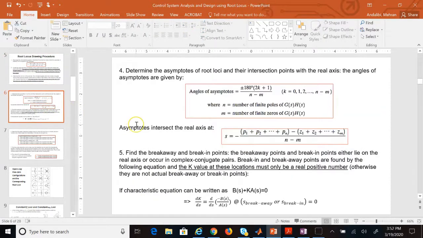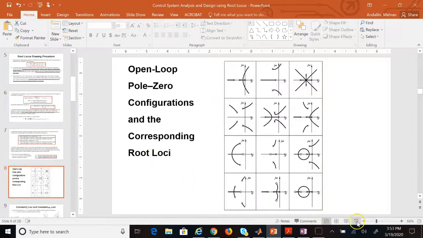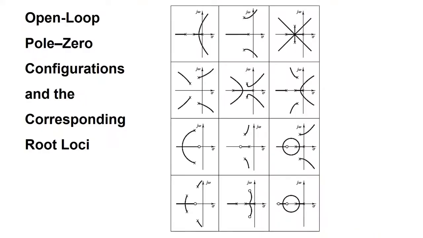Now it says find the angle of the asymptotes of the root locus and their intersection point. Again, what does it mean? If you look at the root locus plots, all of these plots that have asymptotes, that asymptote can have some angle and then an intersection point. Let's look at this case here. I can draw an asymptote like this, and I can draw an asymptote like that,